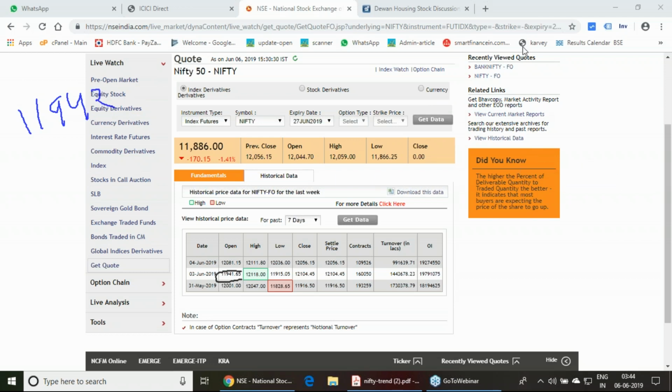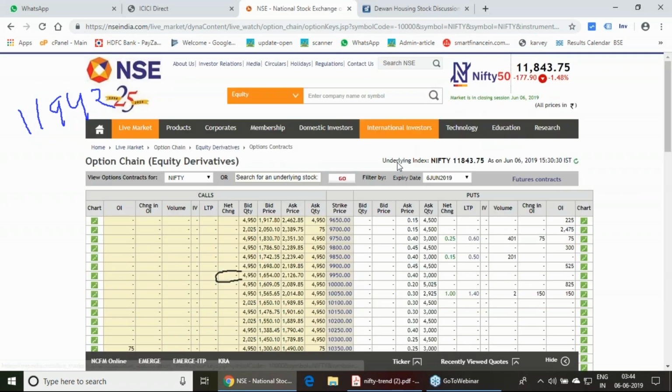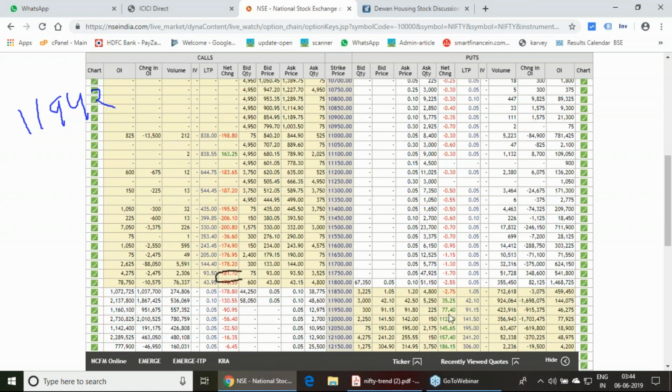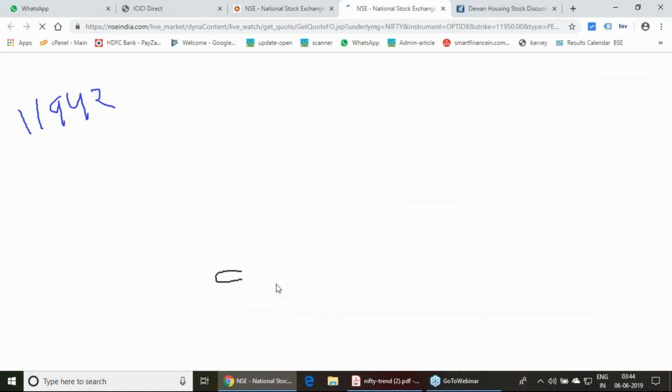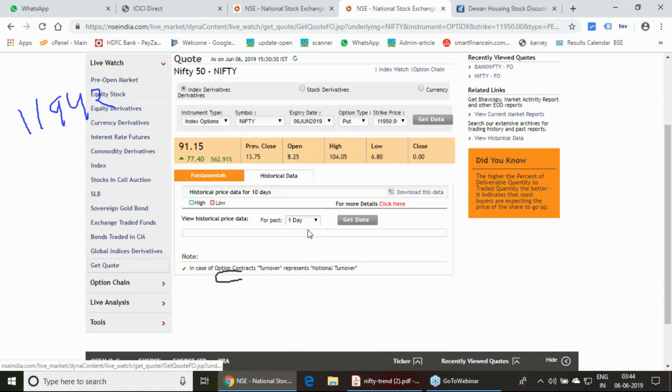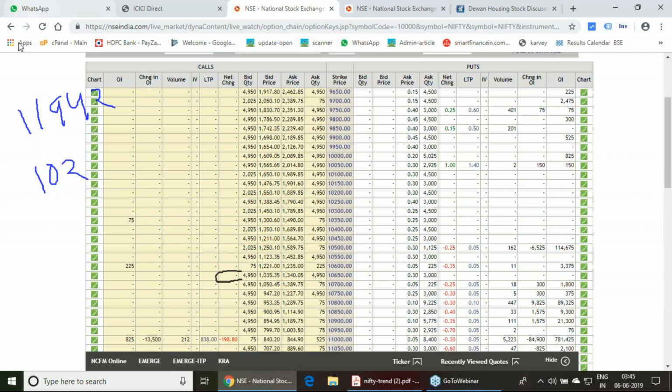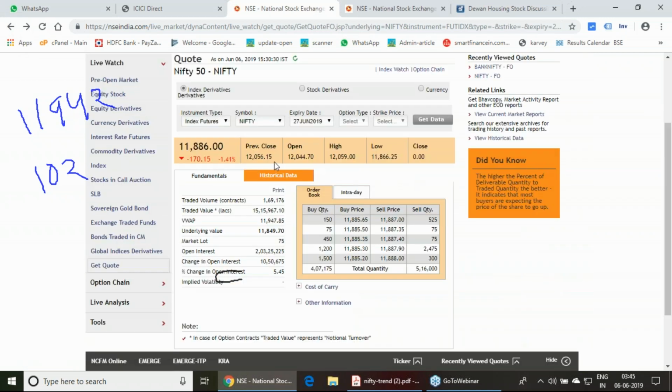Let me see on the 6th, at what price the 11,950 put option has opened. That is very important because that put is my hedge. I will also see the historic data and take 7 days of data. On 3rd June, it has opened at 102 rupees. This is the price at which the option has opened, and the future has opened at the price of